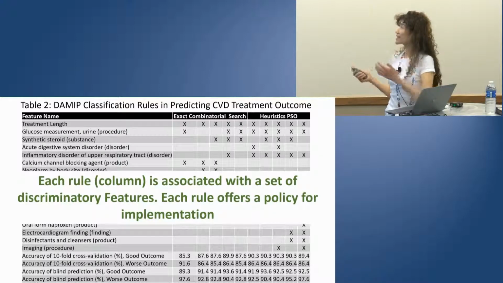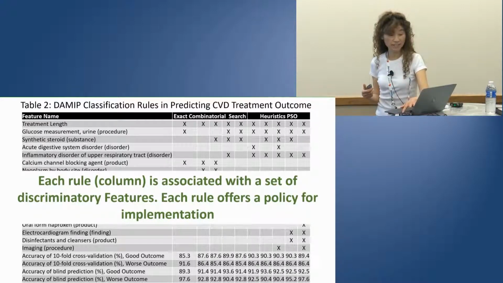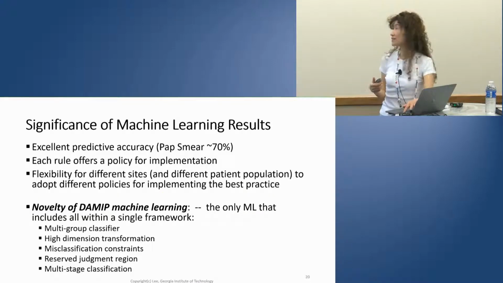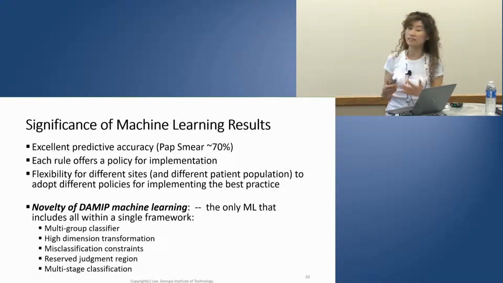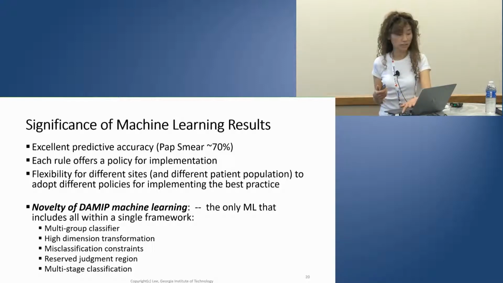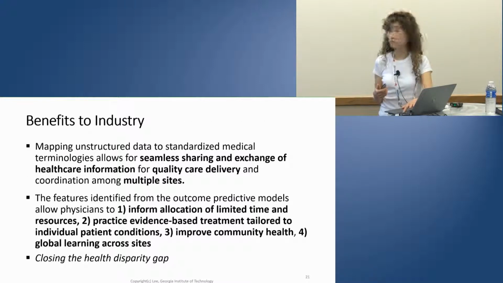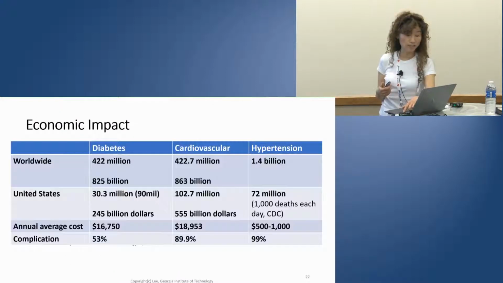And so this is cardiovascular disease, but it shows you how coexisting conditions, multiple conditions, actually predict the outcome. I think this is really important, because it gives us the ability to really predict and compare to the Pap smear results, which is 70%, and that's a standard really used in the clinical setting. Our results are very significant. And the benefit to the patient is enormous in terms of being able to get good results and